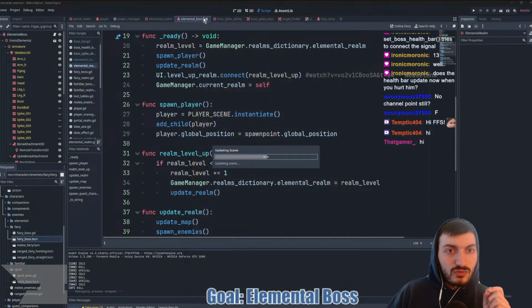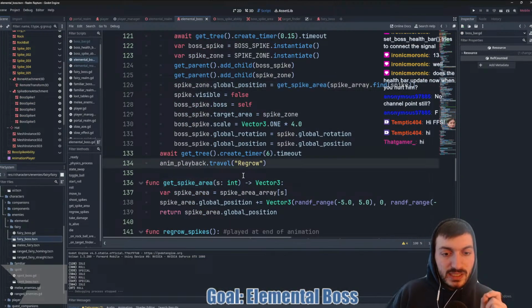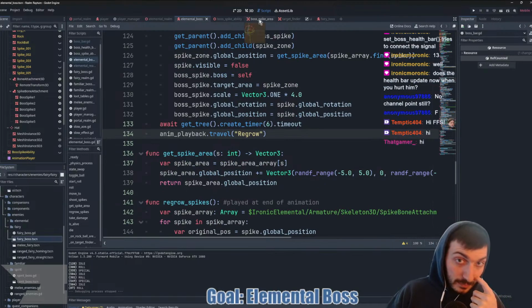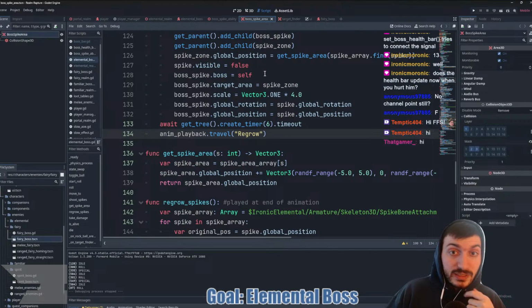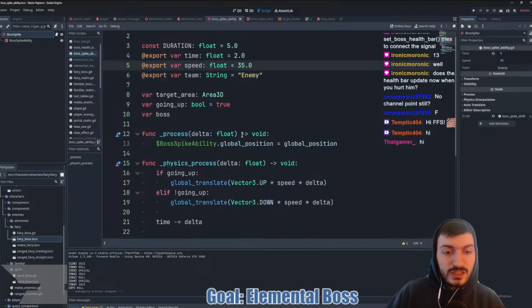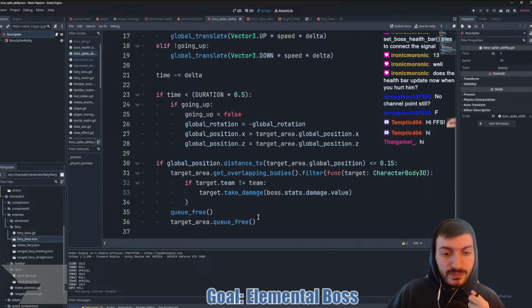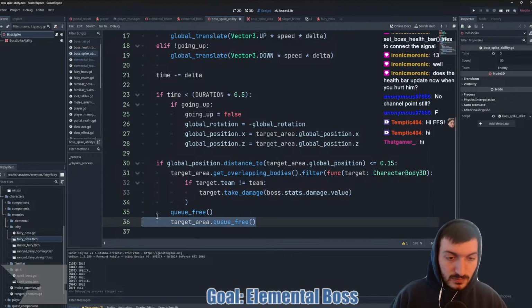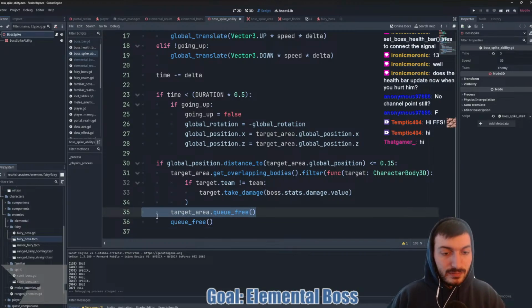So something is wrong with the spike area queue free. And I think I know what it is. I think it's the spike ability. Yeah, we're queuing free before the target area. So let's do that.